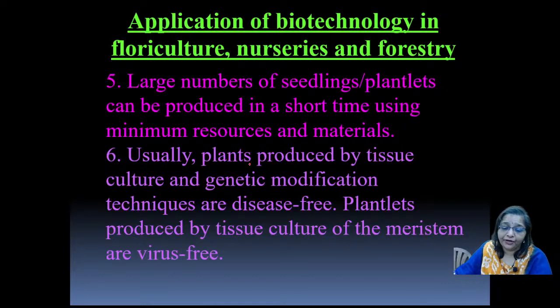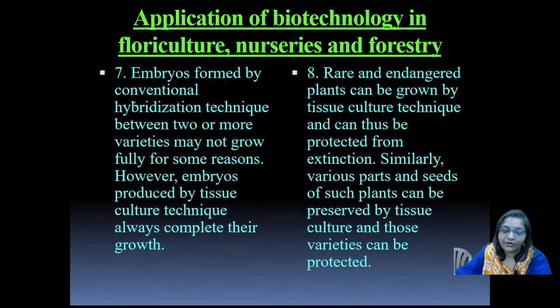the plants that are produced, whether they may be transgenic plants, most probably are disease free, and these plantlets which are produced by tissue culture, if we use the meristematic tissues, then they are even virus free plants. So these disease free plants can be grown. Not only that, the time required for the growth of the plants is very, very less. Okay, so we can reduce the time also, and in short time we can produce large number of plants, the